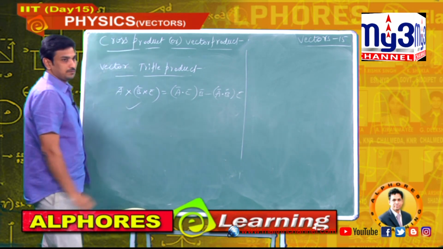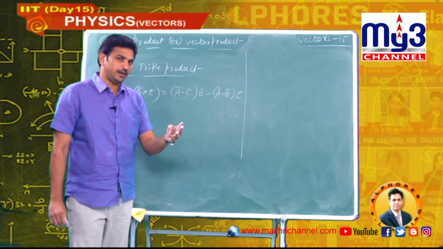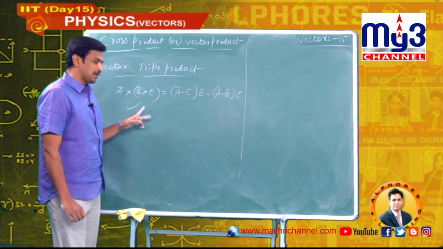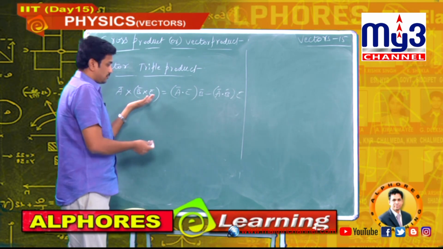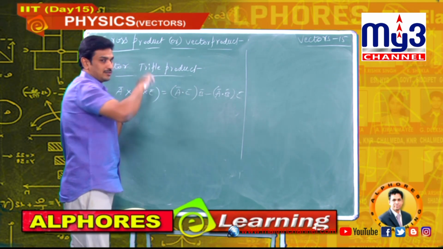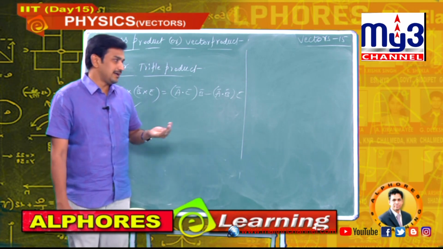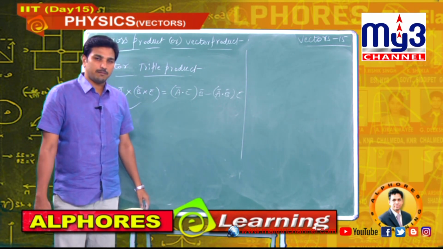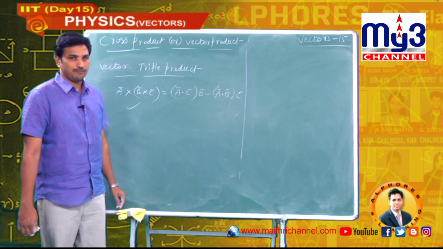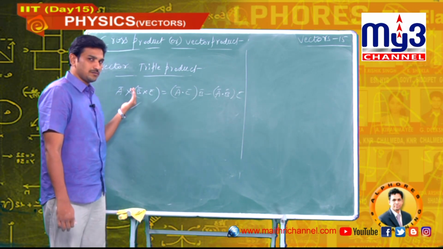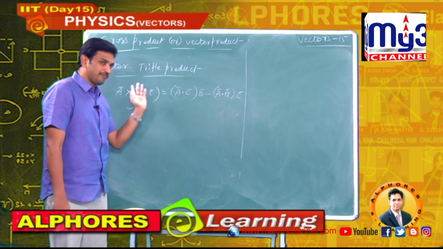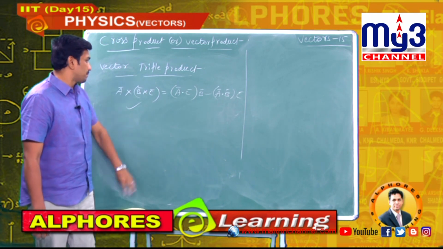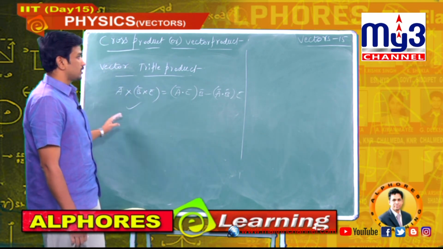How do I know this formula? Consider any three vectors A bar, B bar, C bar. Let you take it, no problem for me. Define A bar, B bar, C bar, then RHS, LHS. This how much answer? That is also the same answer. It's too difficult to prove this formula directly. We will take A bar, B bar, C bar, three vectors. After taking three vectors, take LHS and RHS. Prove differently, you will get both answers the same. So in this way, overall cross product or vector product.